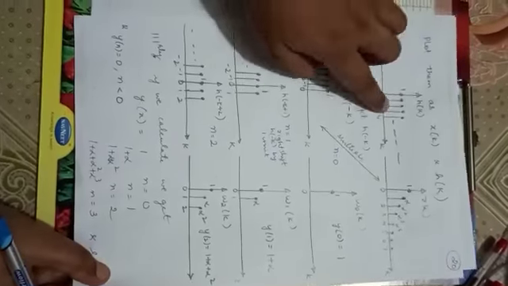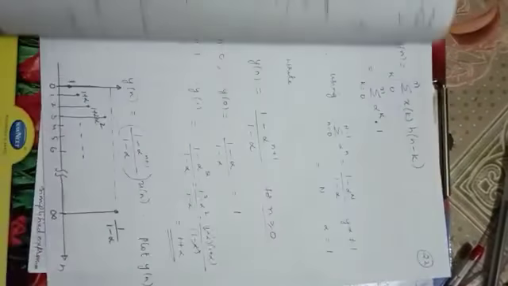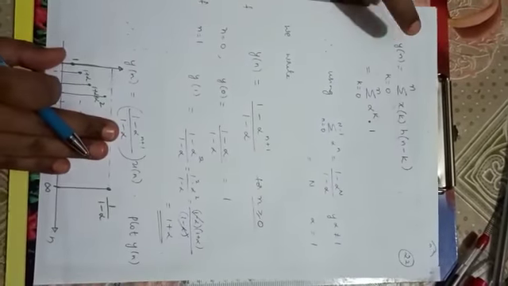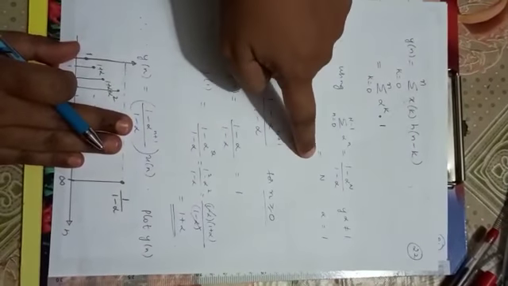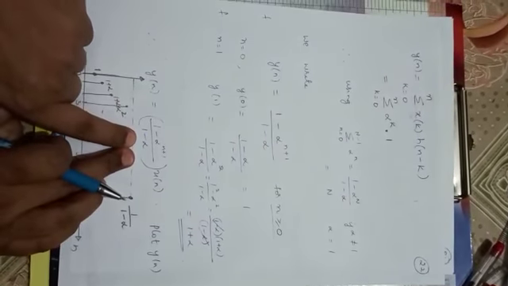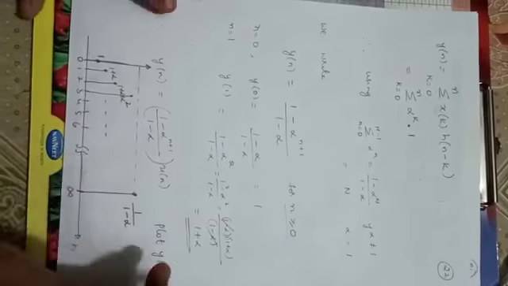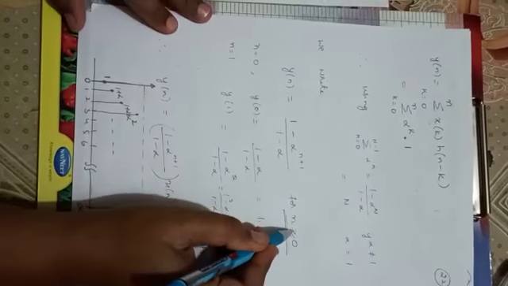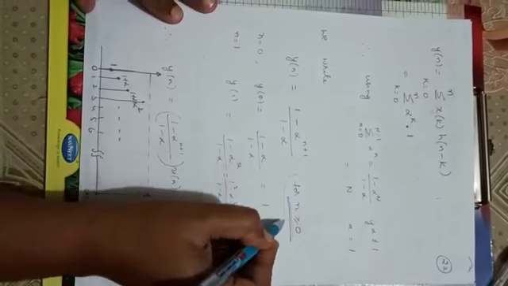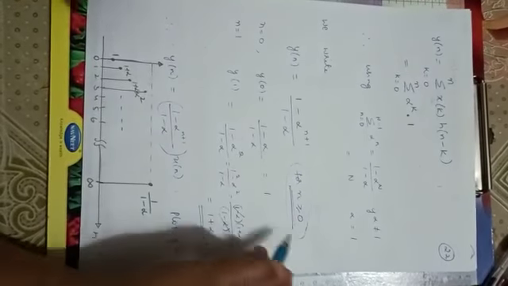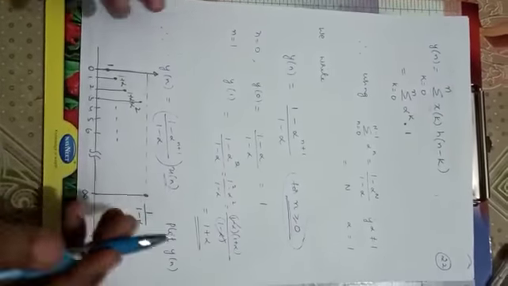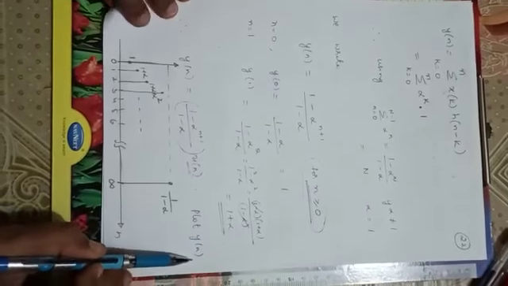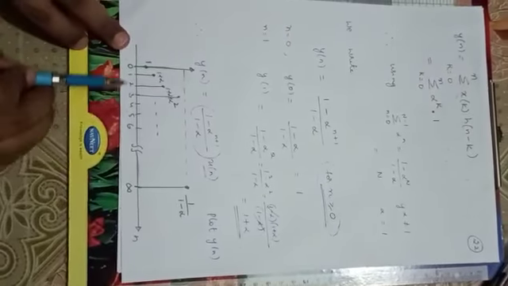So when you observe the two infinite series, you can directly do the problem from here by applying this formula. Directly you can arrive at this solution. Since the output exists for n greater than or equal to 0, this can be written as u of n. So I have written it like this. In the question they have asked us to plot y of n, isn't it? So that's why I have plotted y of n.